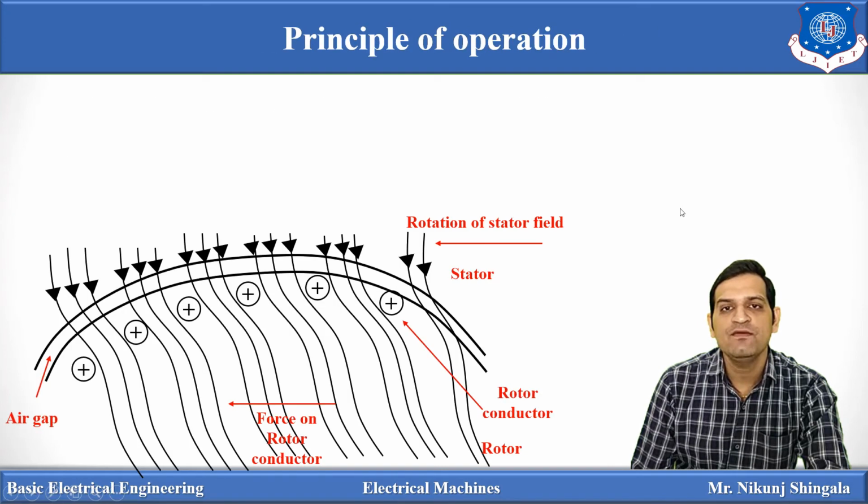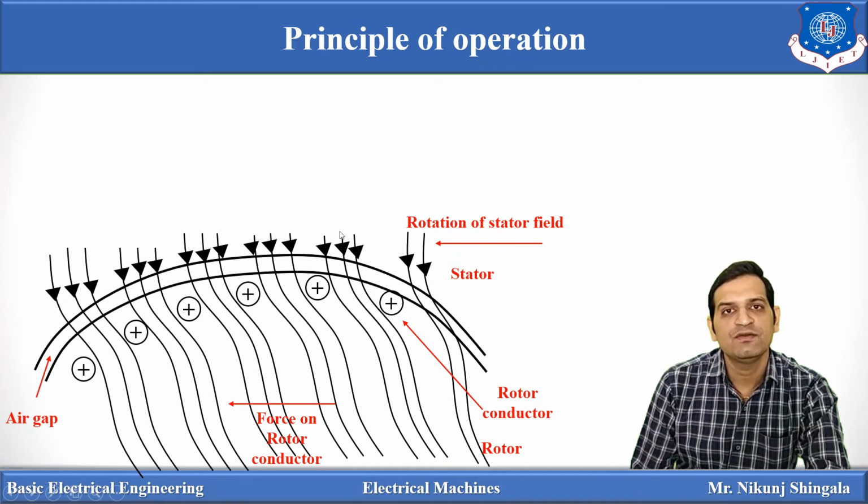Now moving towards the working principle of three-phase induction motor. In the previous video lecture, I have discussed the construction of three-phase induction motor. Now after understanding rotating magnetic field, understanding the principle of operation of three-phase induction motor becomes easier. So here you can see a cut section. This is the stator part and this is the rotor part. These are the copper conductors and this is the rotating magnetic field.